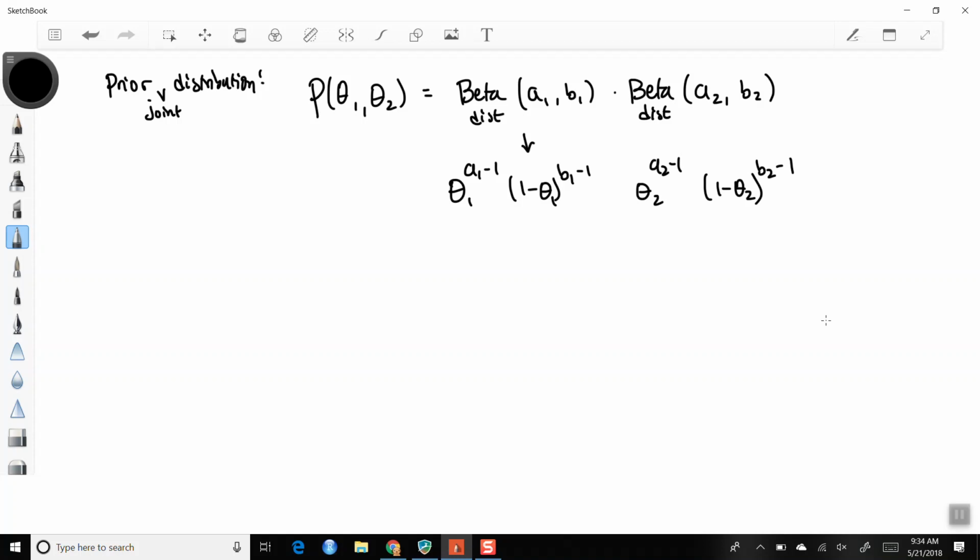And then our posterior distribution, I mean, I did this quickly, but it's just a product of betas, right? So our posterior joint distribution is going to be equal to the data given theta 1, the likelihood, times the prior,